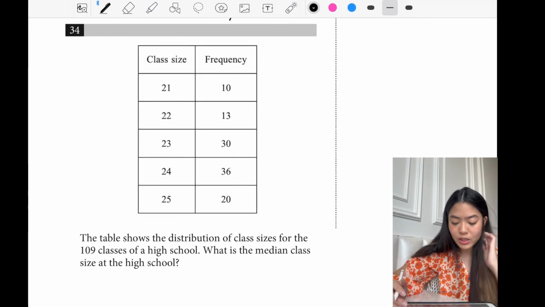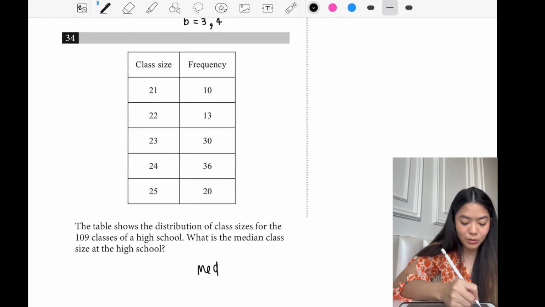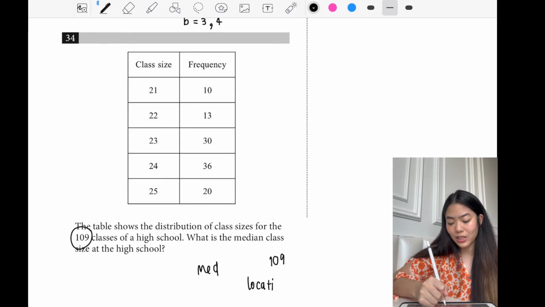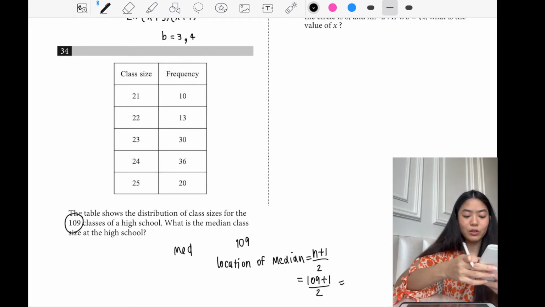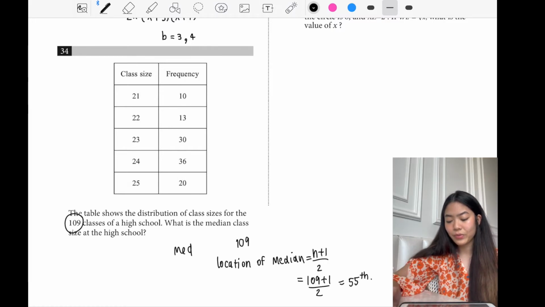34. The table shows the distribution of class sizes for the 109 classes of a high school. What is the median class size at the high school? We want to find the median, and we know there are 109, and the median should be the middle one. So we can find the location of the median first, by doing n plus 1 and halving it. From here it's 109 plus 1, halved. Using a calculator quickly, we know that it is the